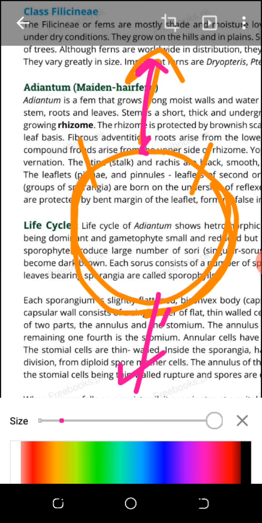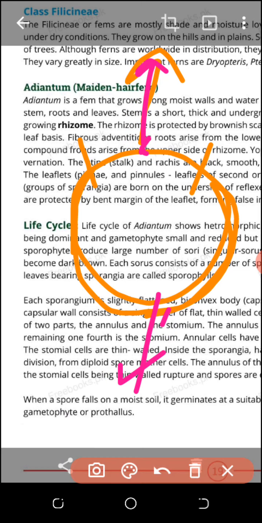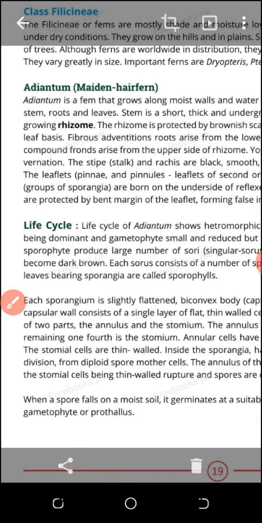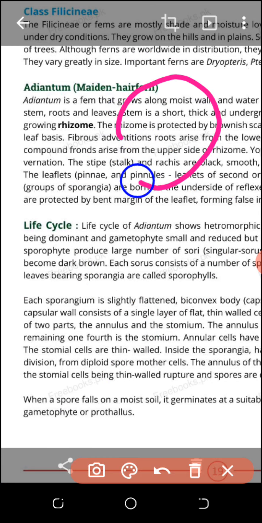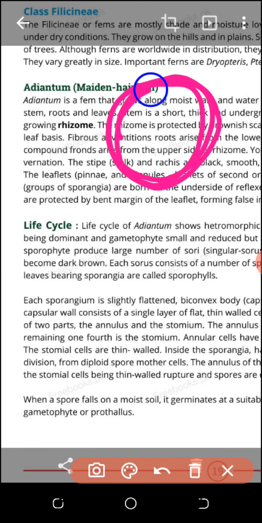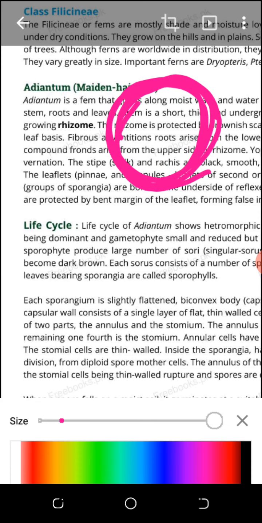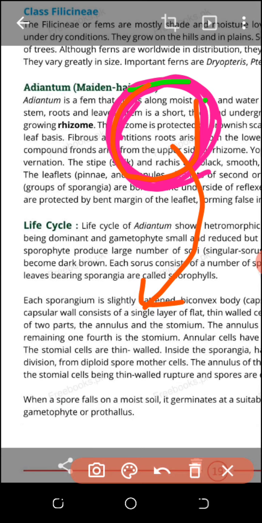And one thing more, in case of adiantum, in their life cycle, these sporangia which have the spores, they have two walls, thick wall annulus and thin wall stomium. Okay, this is the stomium, and this further wall, this red wall, is the annulus. These spores will develop mitotically into the gametophyte plant, and I will tell you, gametophyte was very dominant